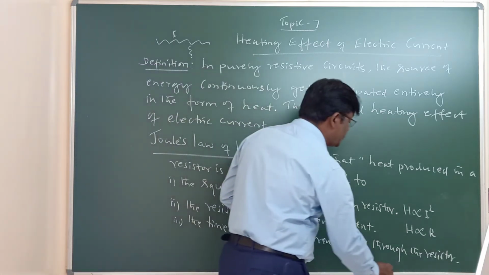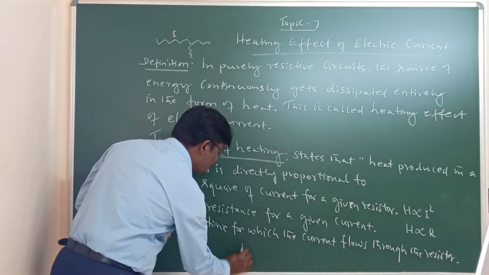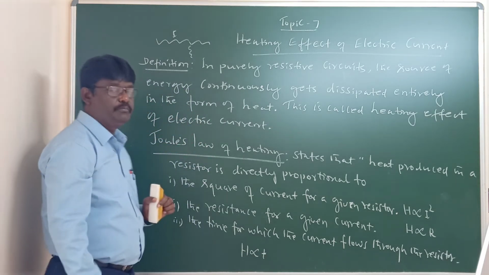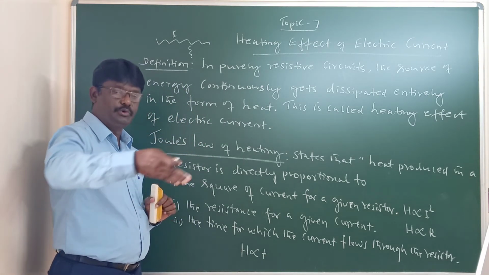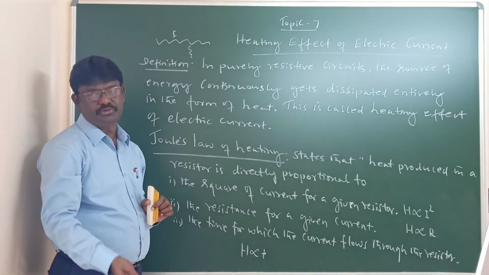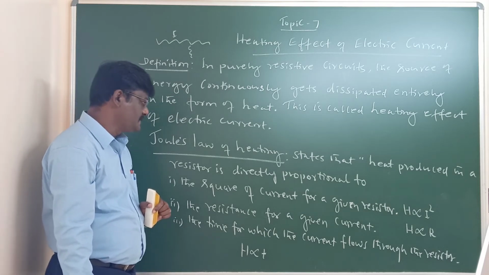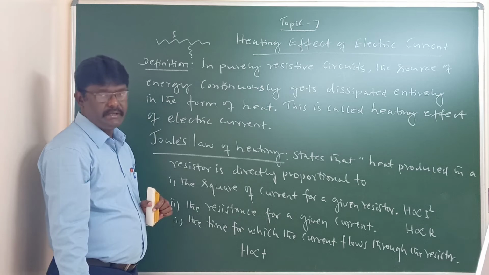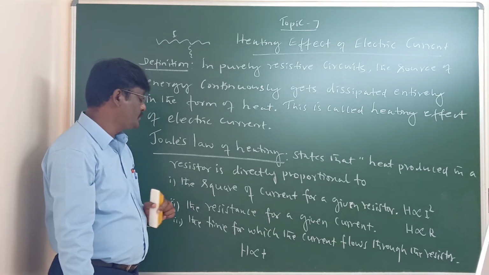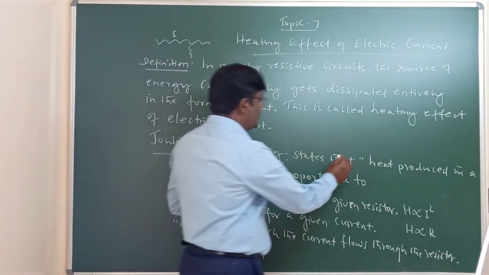Therefore, another main aspect: H is also proportional to the time. If we take more time, when current flows through that purely resistive circuit, for a longer interval, then naturally we get more heat. Thus, it mainly depends upon the resistance of the conductor, the magnitude of the current, and also the time. Combining all these three, we get